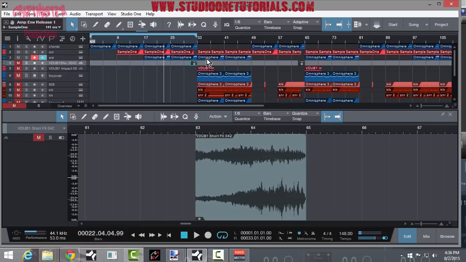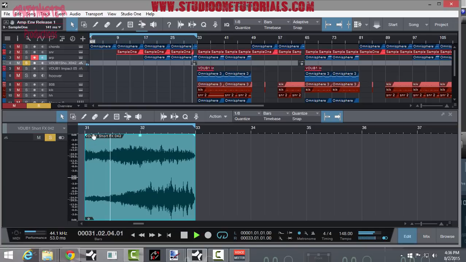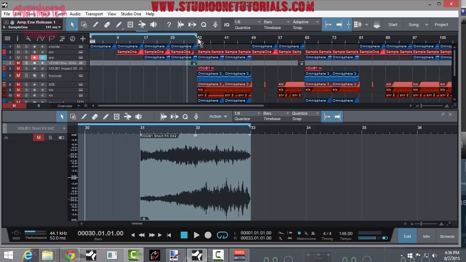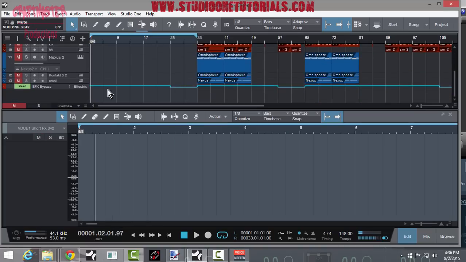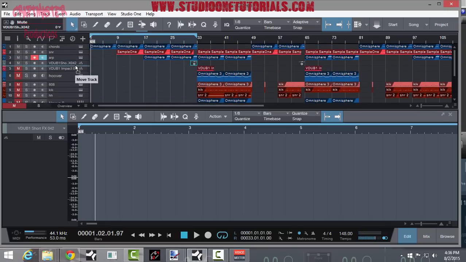The next thing that I did was I added a riser. This is from the Vengeance Dubstep Sound Kit. It sounds like this. That effect that you hear over everything, I went ahead and put